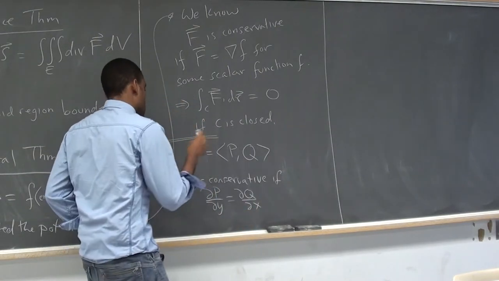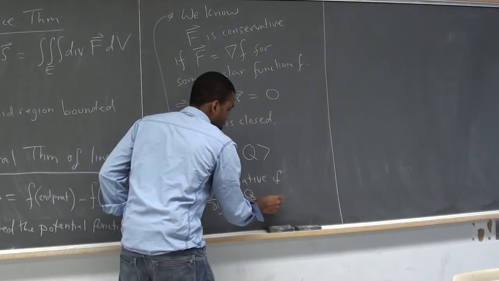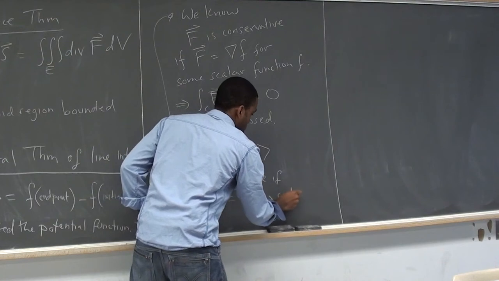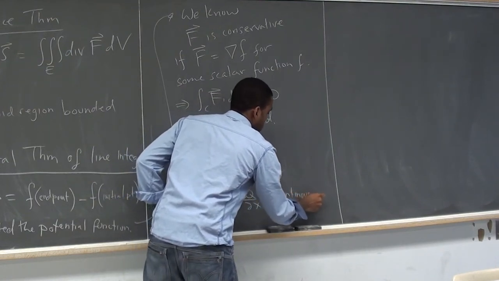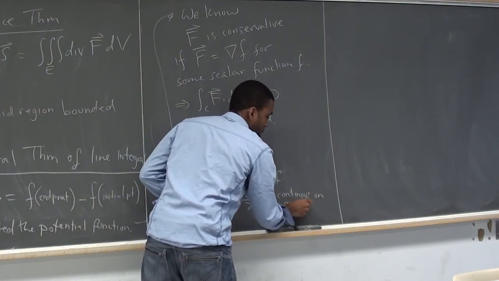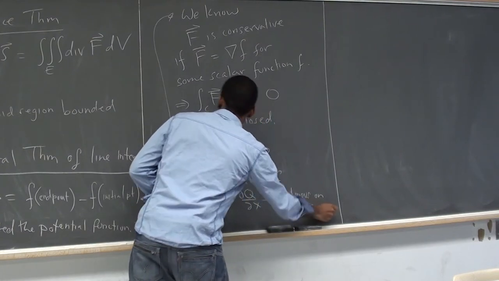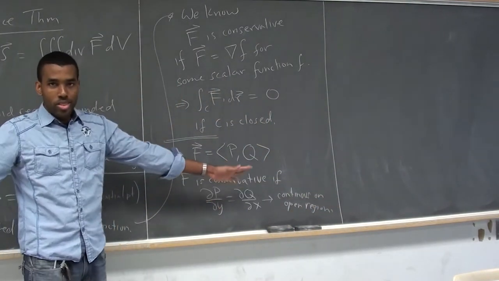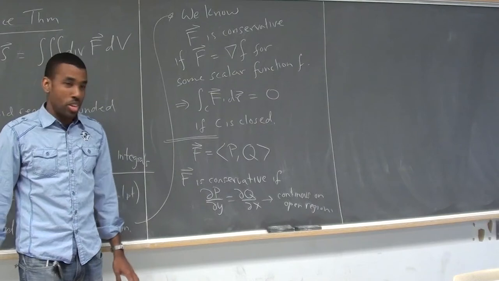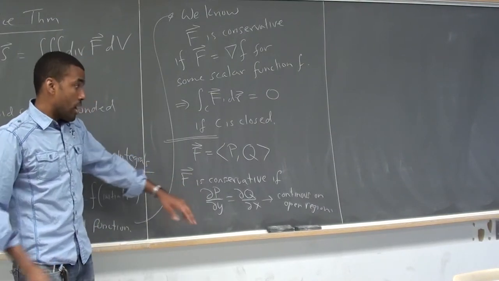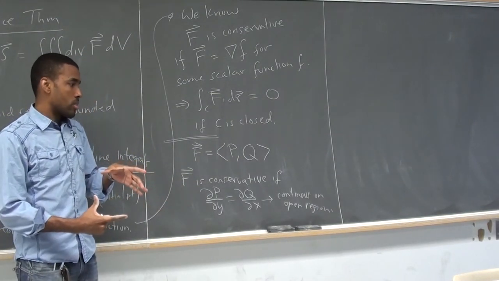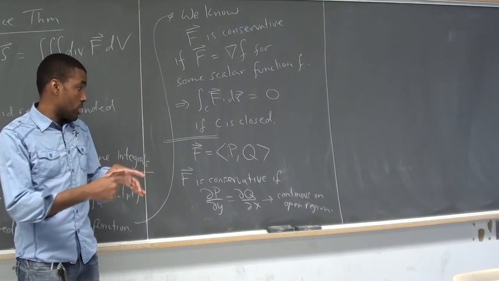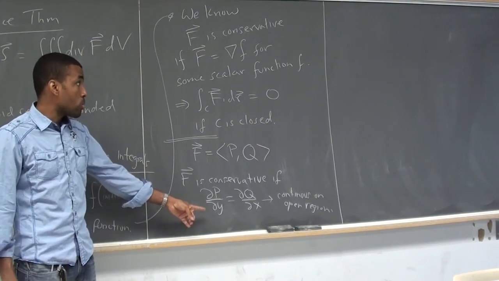And these functions have to be continuous on the open region, and there are a lot of things that we have to worry about. But in 392, they're always going to give you the nice situation, so you don't have to worry about it. On any region where these functions are continuous on the curve C, if this holds, then